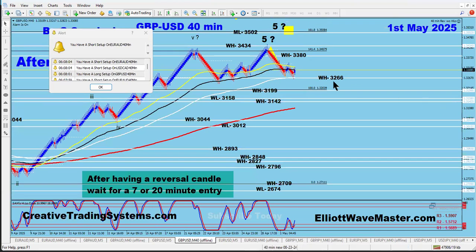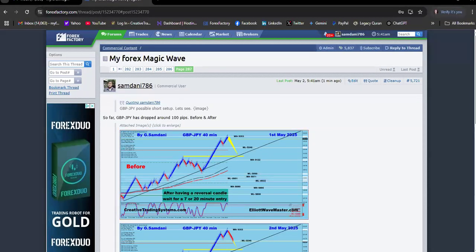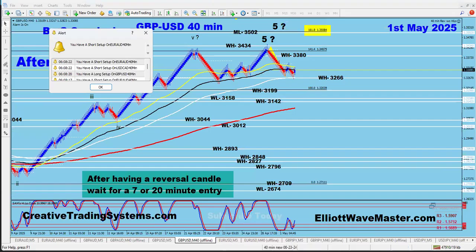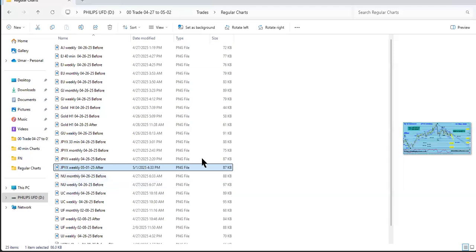Now, remember the last chart I made, I said either this is wave 5, the end of it, and you're going to drop, or it's going to be here, right? So that's why I have this mark here. Let me show you the chart. What the heck? Let me see.